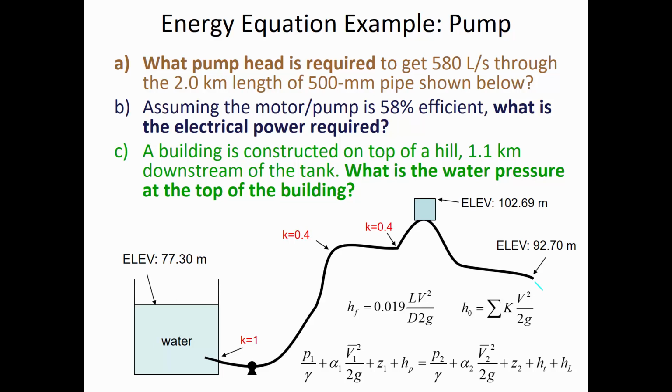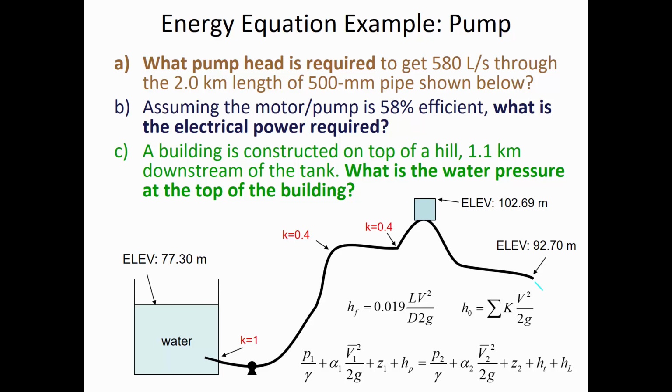So let's calculate, and by let's I mean you calculate, how much pump head is required to get the water at a flow rate of 580 liters per second through the entire 2 kilometers. Now it's 2 kilometers from the reservoir to the outlet. And you'll notice at this outlet, the water is just spraying off into midair for some reason. Maybe there's a reservoir at the outlet that we're not seeing. But it's 2 kilometers long, and we want to find out how much pump head is required to do that. So be careful when you're canceling out the terms that, since the velocity is moving, you don't cancel out the